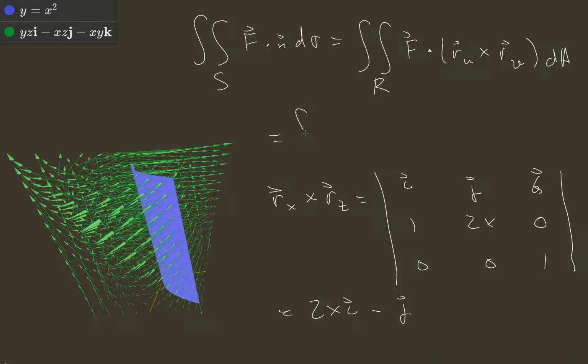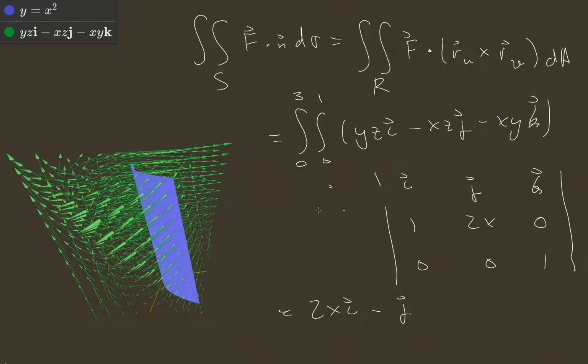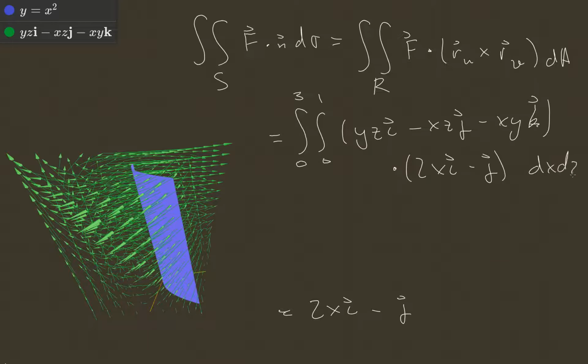So that will be the integral z from 0 to 3, x from 0 to 1 of yz i minus xz j minus xy k dotted with 2x i minus j, dx dz,